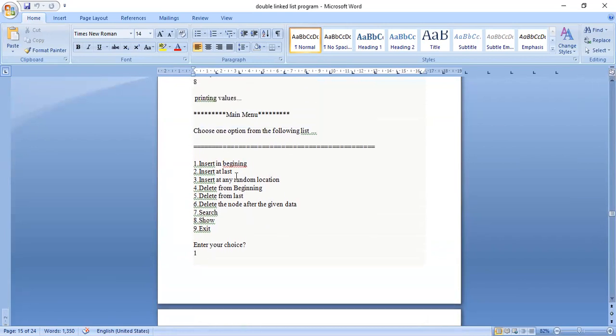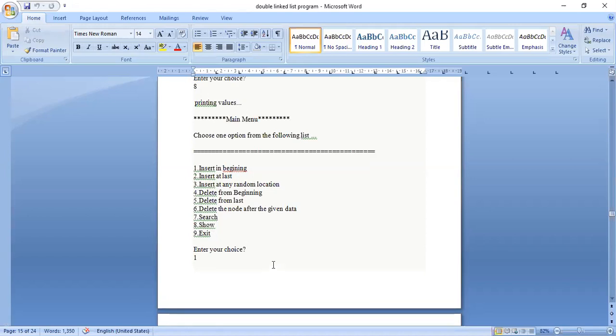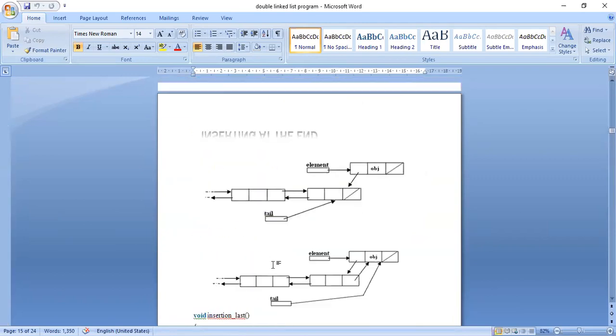Insert in beginning, insert in last, insert in any random location, delete from beginning, delete from last, delete after the given data. Then deletion at a specific random location, or search, show, exit. Okay, these are the 9 things. So 9 options I will be getting while we run this program.